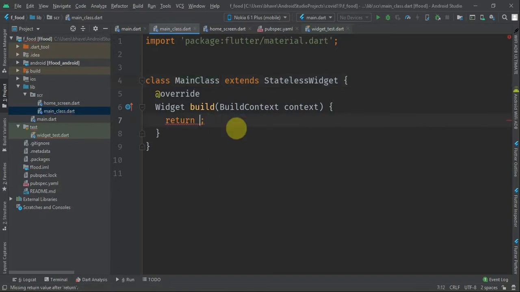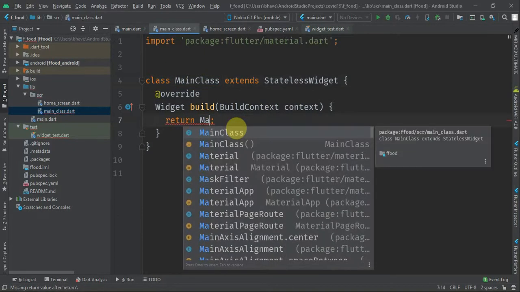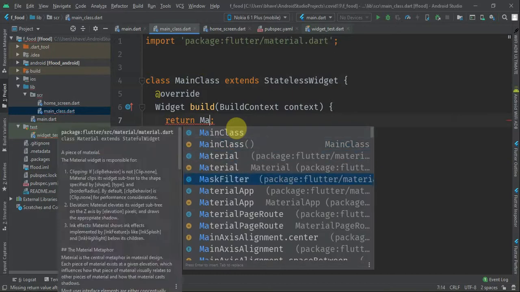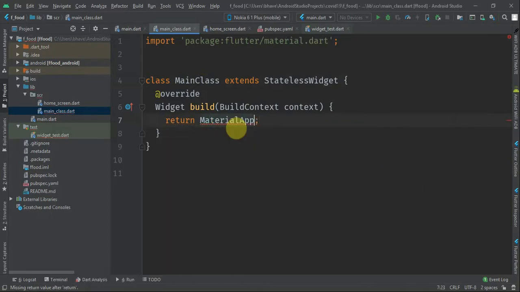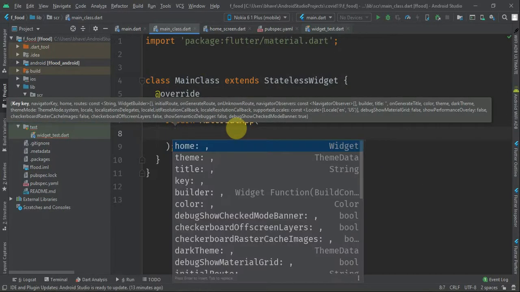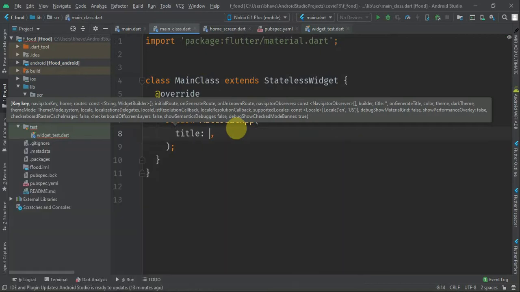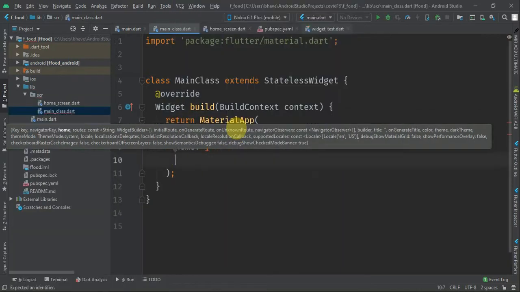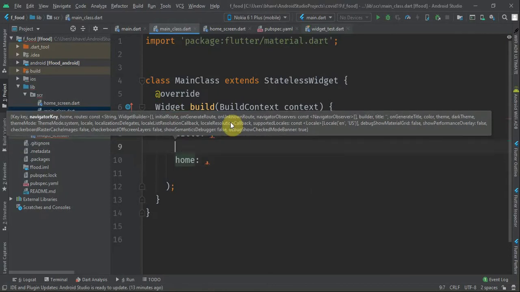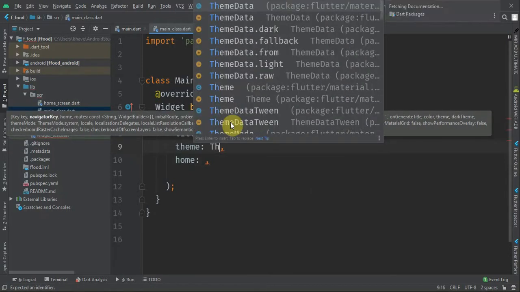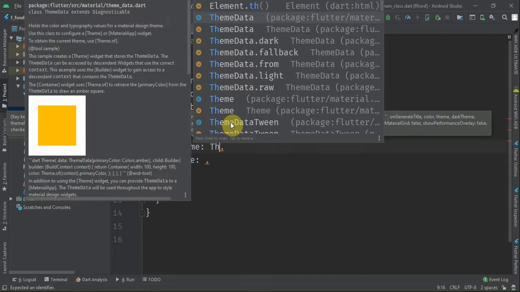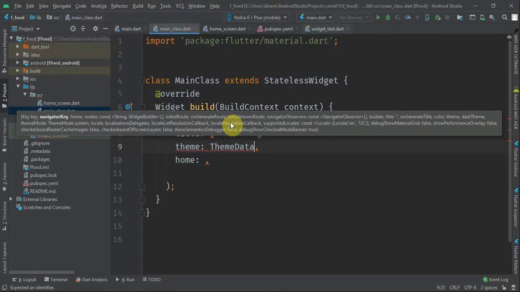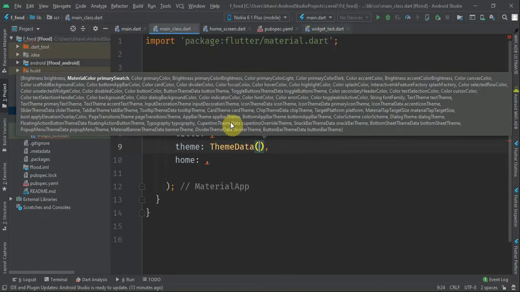It will return a MaterialApp. In that MaterialApp it takes title, it takes home, which I need, and it also takes theme. We can define a theme, right? We can define the theme like ThemeData, and ThemeData takes a lot of things.